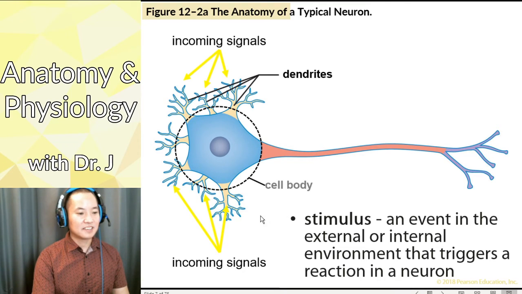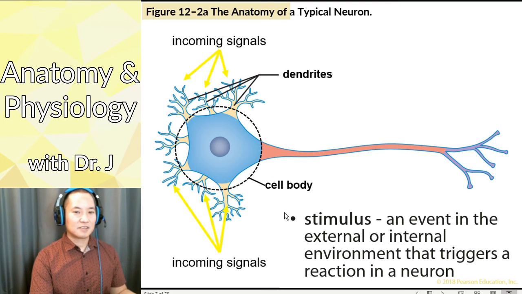And then the cell body, this is where the processing occurs, and this is where it determines, okay, do I want to carry out this signal? Do I want to carry it out to other neurons? The cell body does all that, and there might be other neurons that are sending signals to the cell body as well. But in a typical neuron pathway, you have dendrites receiving signals, and it gets processed through the cell body. And then if this neuron decides to send another signal to other neurons or other cells, then it sends it,